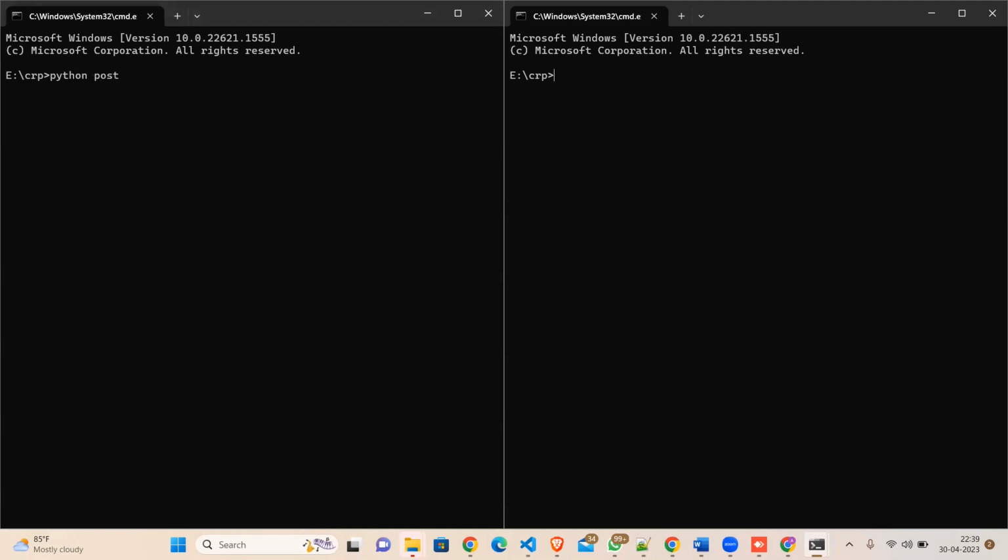We created our file name as post quantum. It is asking whether you would like to make this terminal a host or connect, and to enter your choice.